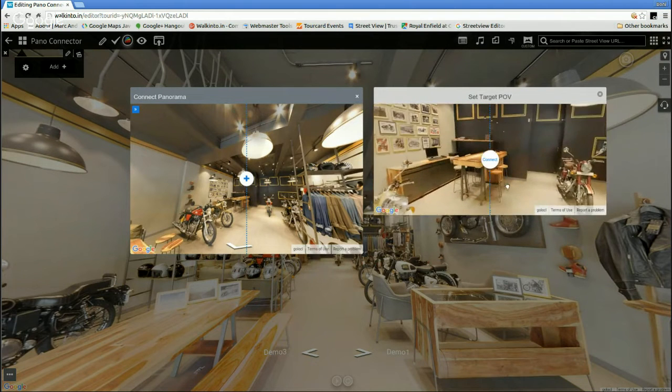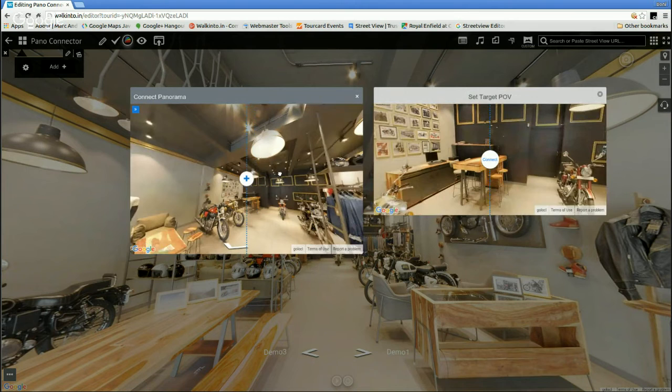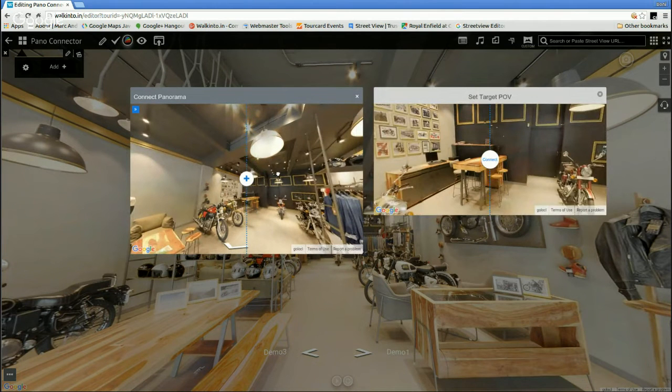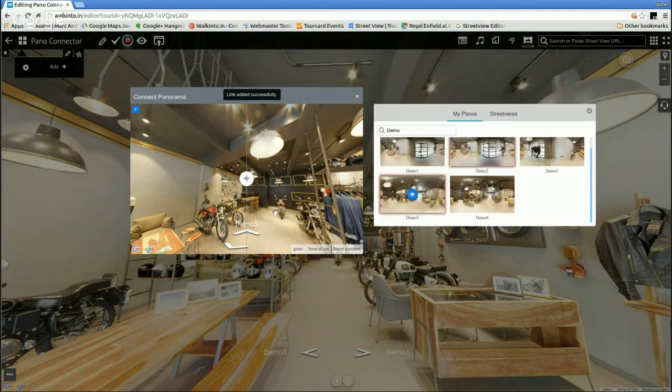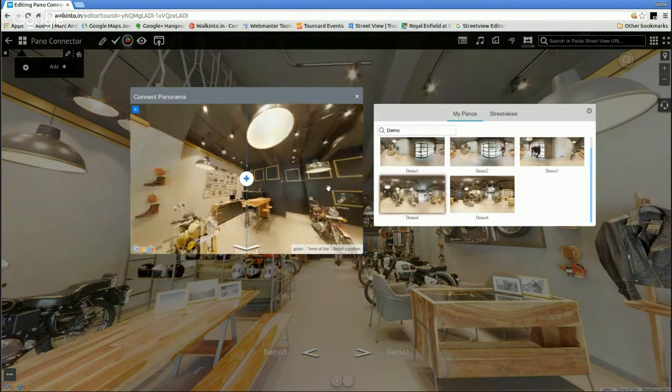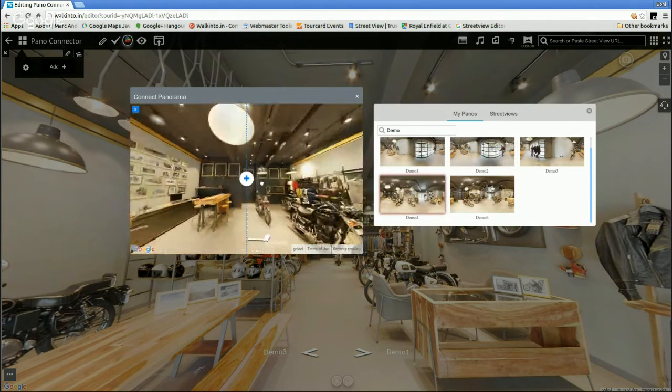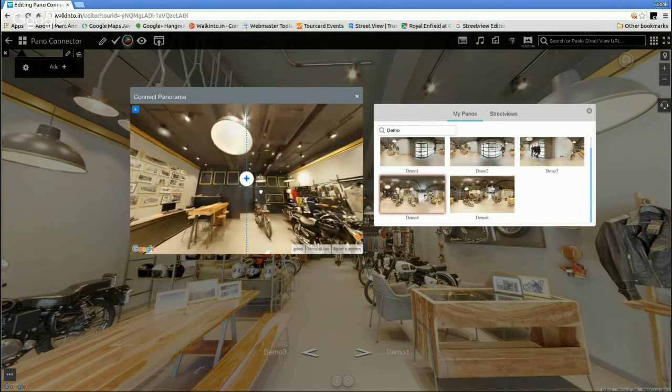All right, so I line it up visually, pointing at that table on my left, and similarly I'm pointing at the table on my left here, and click connect. It gives me the exact orientation. I move to demo 5, and demo 5, I have one panel that is taken here, so I'm just going to line it up this way.